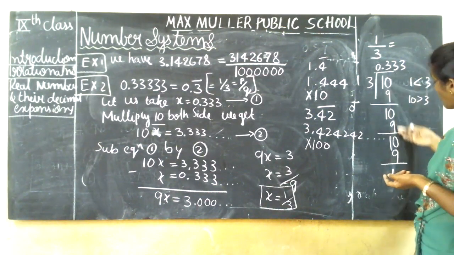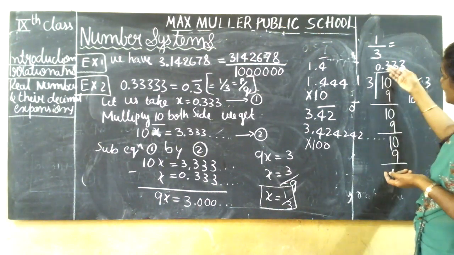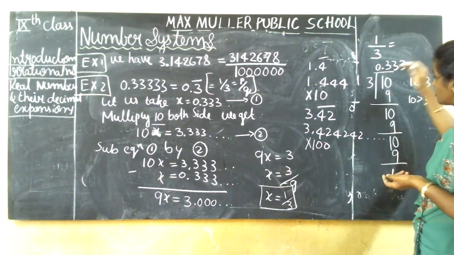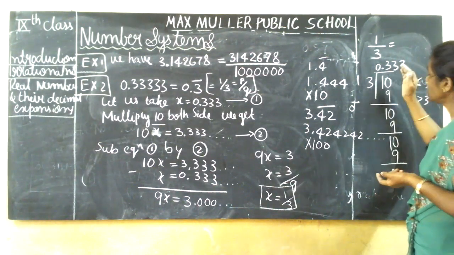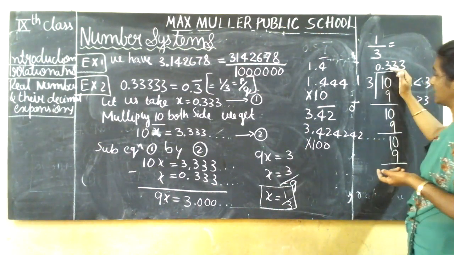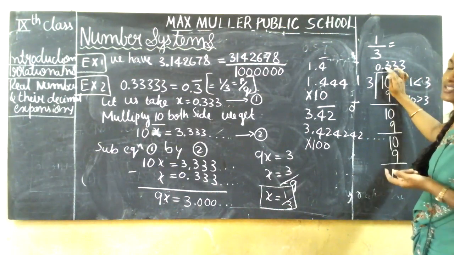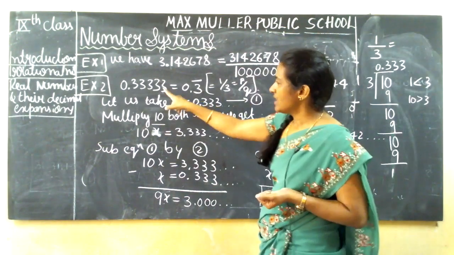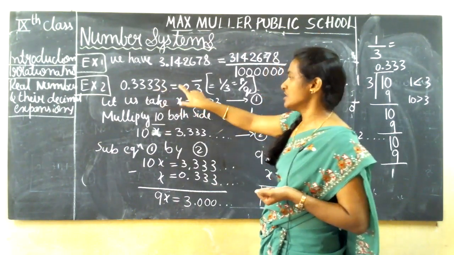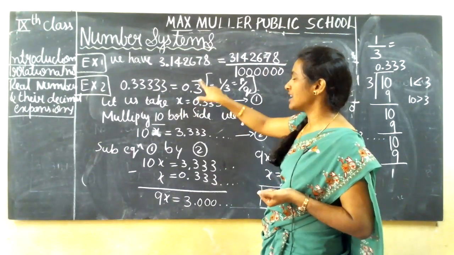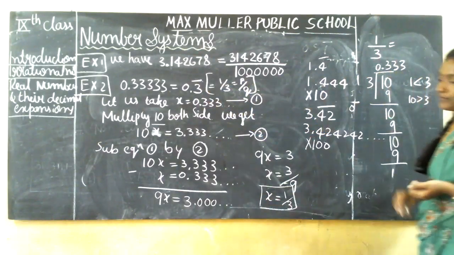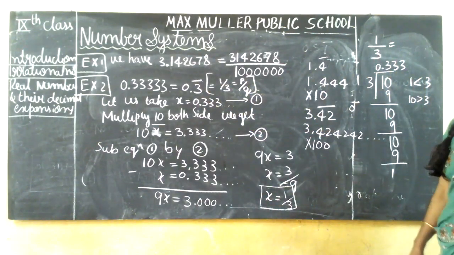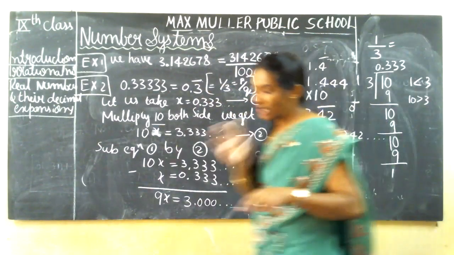So this keeps on going here and you are going to get 3 3 3 3 only, and this is non-terminating and recurring. This is not non-recurring, because it is recurring, since we are getting 3 3 3 only. So this is the correct answer now. 0.33333 is equal to 0.3 bar. You can write it in the form of 1 by 3. Understood, guys?